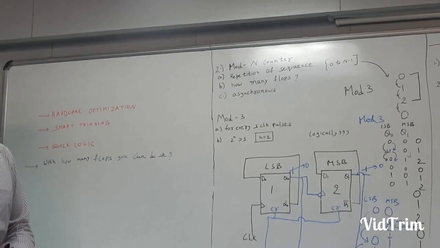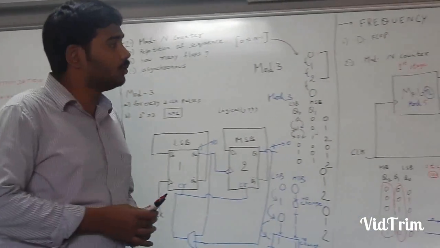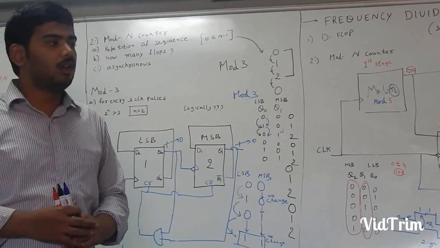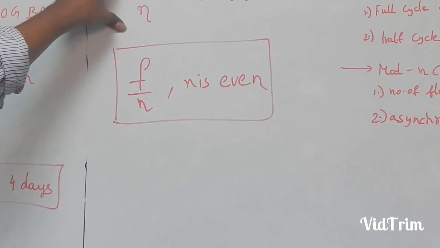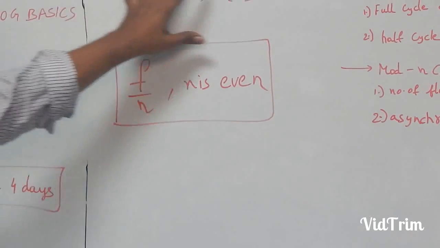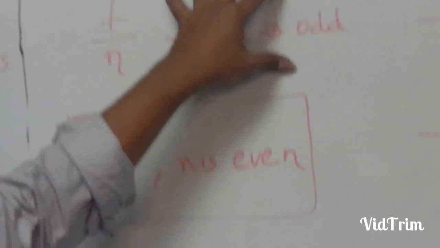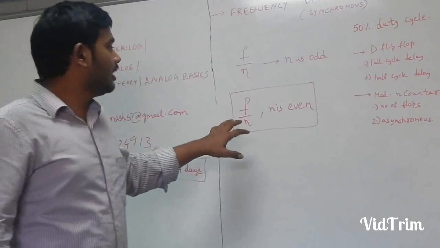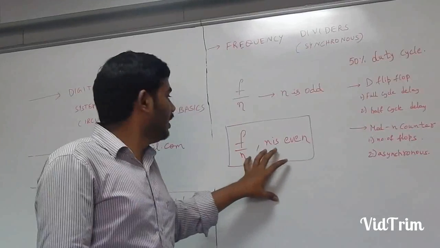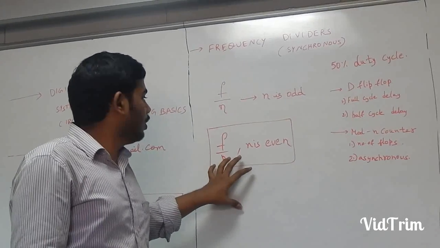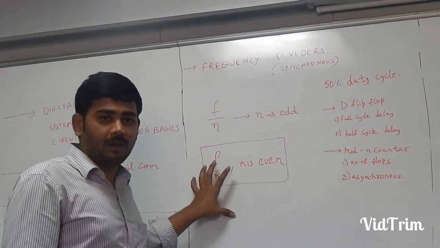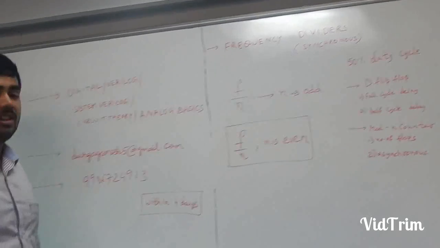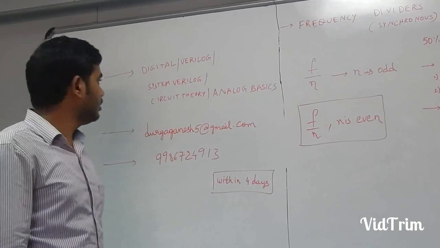So guys, I think I made you clearly understand this concept on frequency dividers, where the frequency divided by N circuits, where N is odd. I repeat, where N is odd. In my next classes we'll discuss this F by N frequency divider circuit where N is even. So in the coming class you can definitely get this.